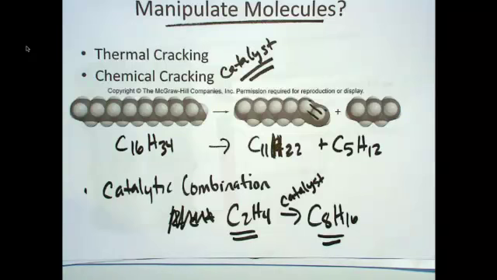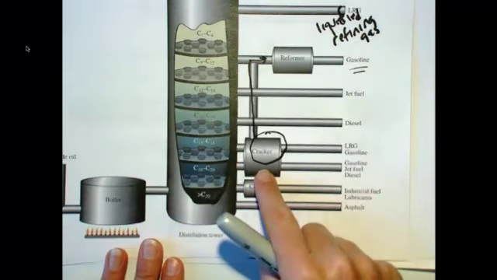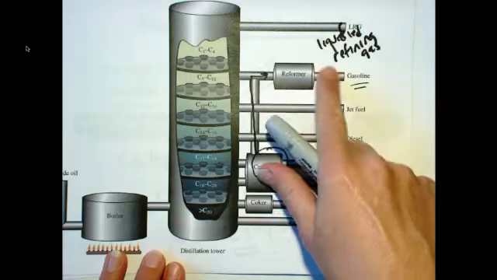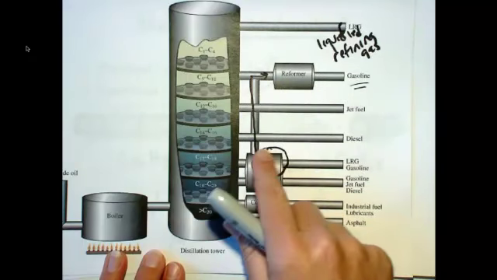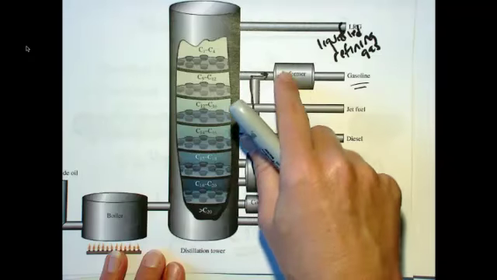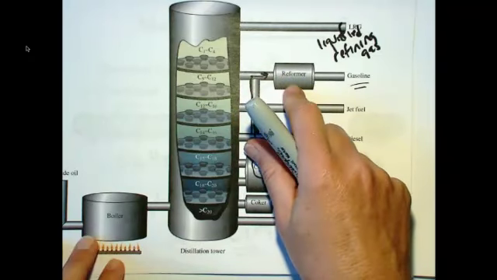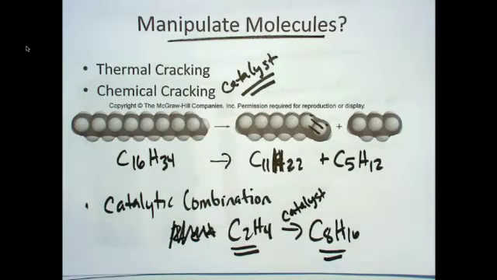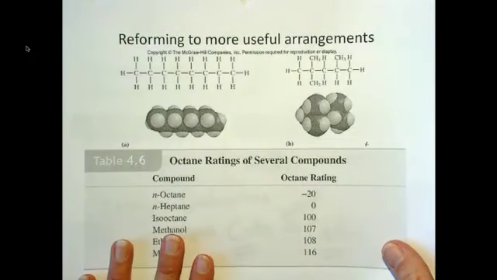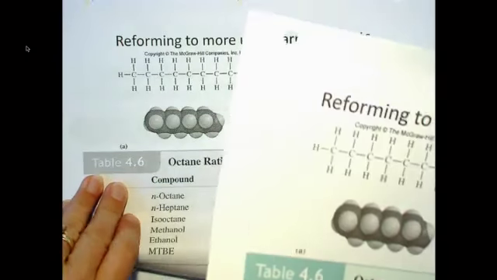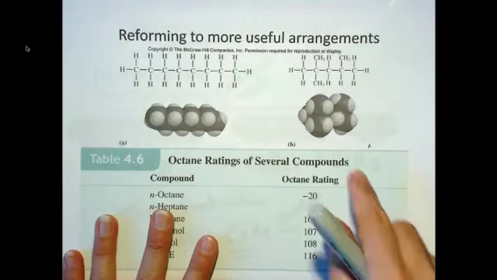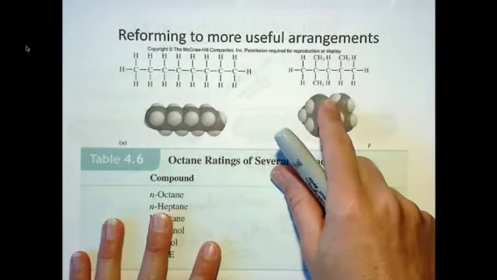Another thing that happens under the reformulation at the refineries: the cracker is where we're making them smaller. The reformer, this is just a schematic diagram, so there's a process going on at some part in the plant, and there's a process going on at a different part of the refinery plant where we reform. And in the reformulation, there's two things that can be going on. One is taking the molecules that are of the right size, this is octane,